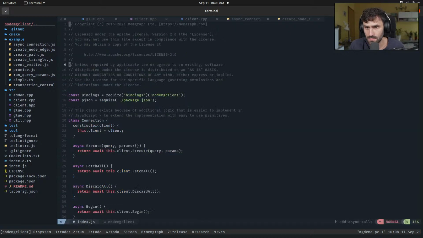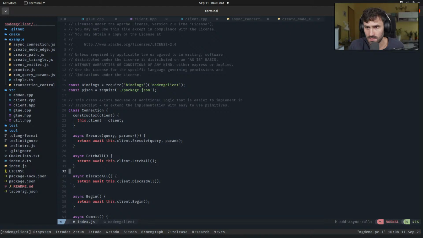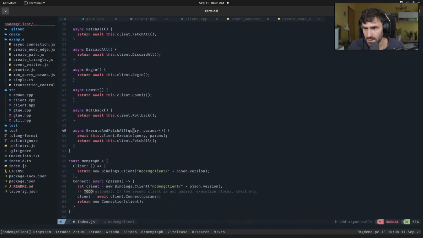There is also a pure JavaScript object called connection, which proxies all these method calls. So it holds the client, and then you can call all these methods on the client. And that's useful because we can implement additional methods and maybe some JavaScript patterns. Maybe even today I'll try to add event emitter, and I think we can do that through this